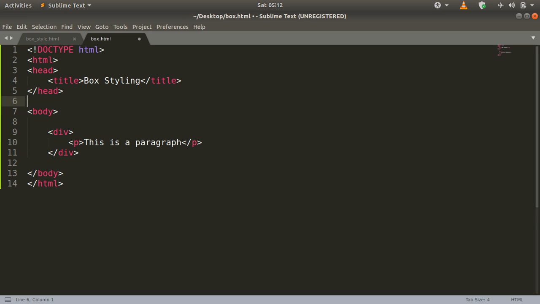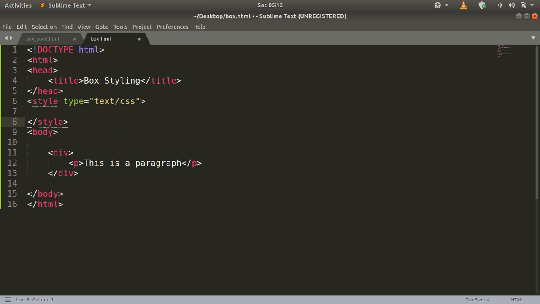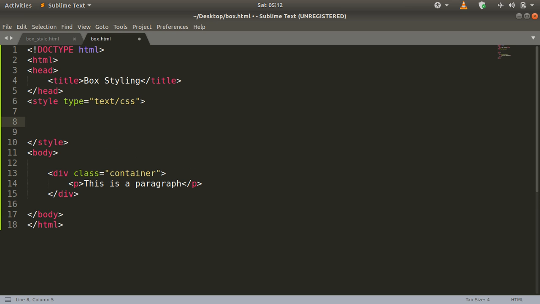You can use inline or external CSS depending on your requirement. Let us give this division a class of, say, container, and let us define some CSS rules.